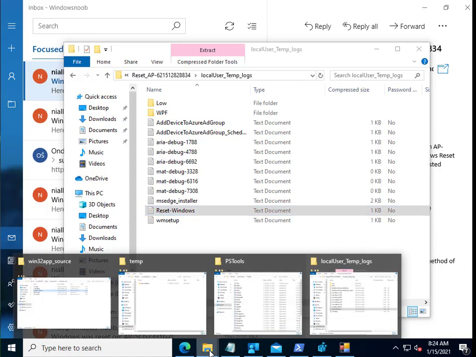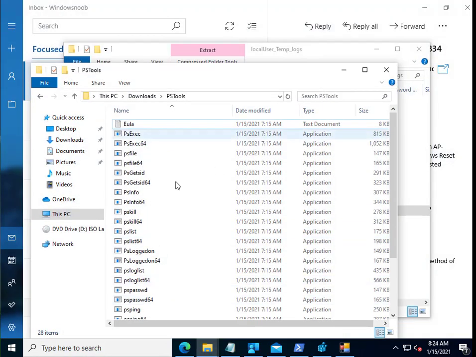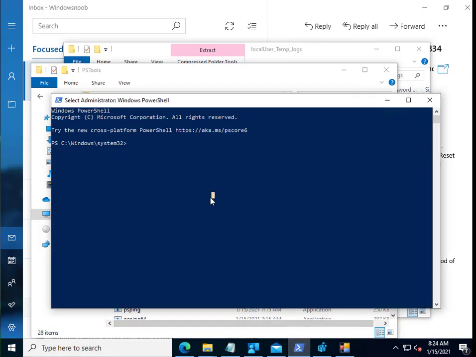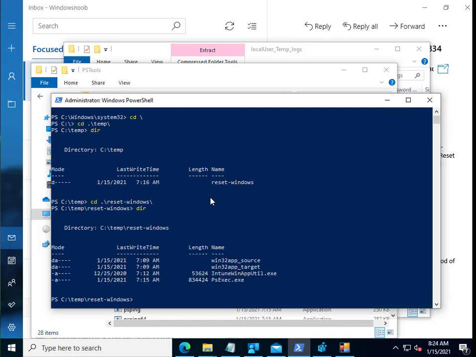So in order to test it while you're setting it up, you're going to need PS Tools, you're going to need PSExec, and you'll download that. And basically, let's open up a command prompt. Here I have a command prompt. Let's go to the temp folder, I think. What have we got there? We've got reset Windows. And in there, you can see PSExec. And what I can do is I can do